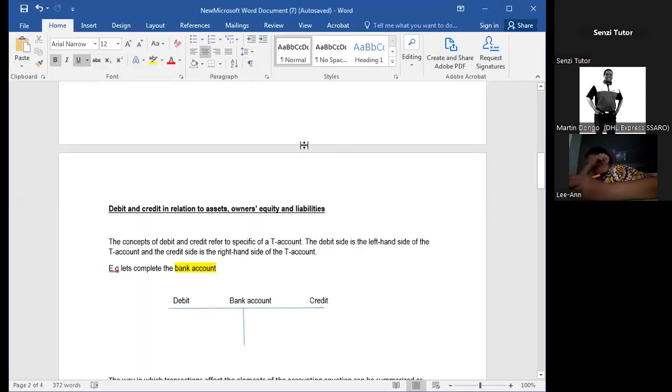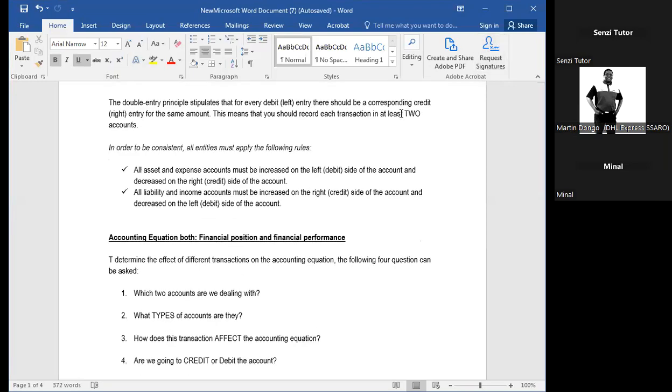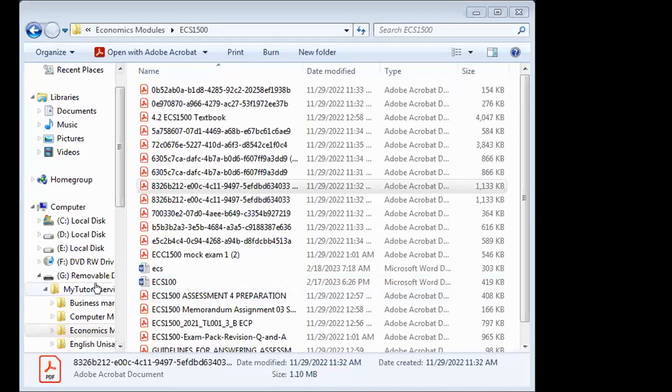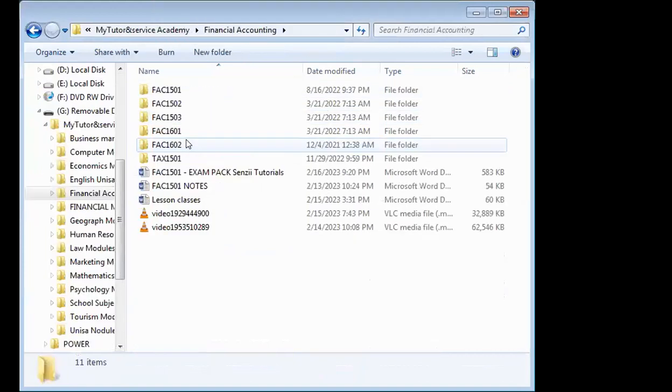All right, let's just begin with our lesson of the day. Guys, I want to insist on something from what we learned in our previous lesson, which was all about the accounting equation and also the double entry principle. So allow me to insist on those things, so that we can understand more and apply our knowledge in our assignment number